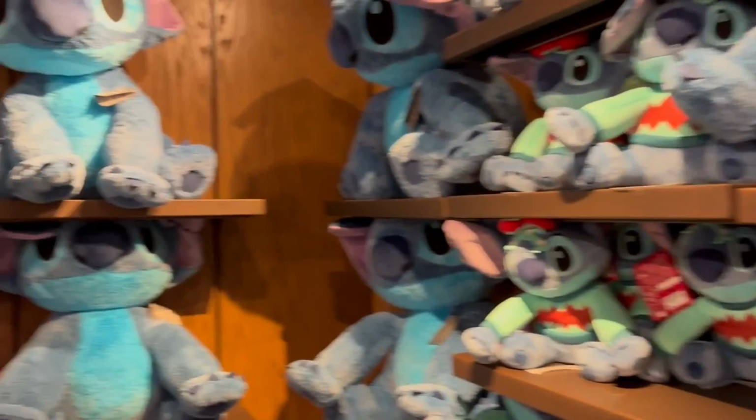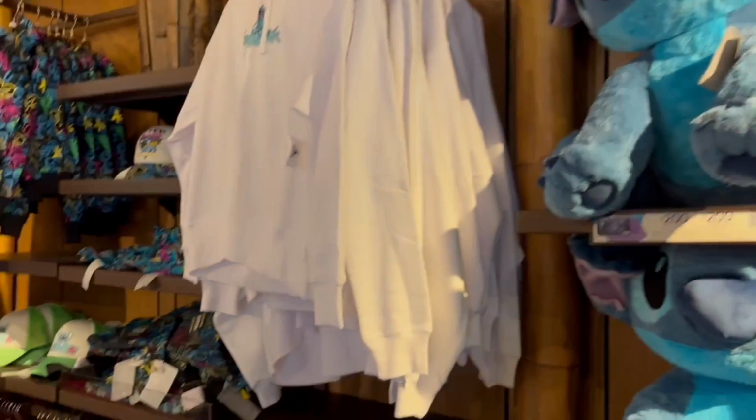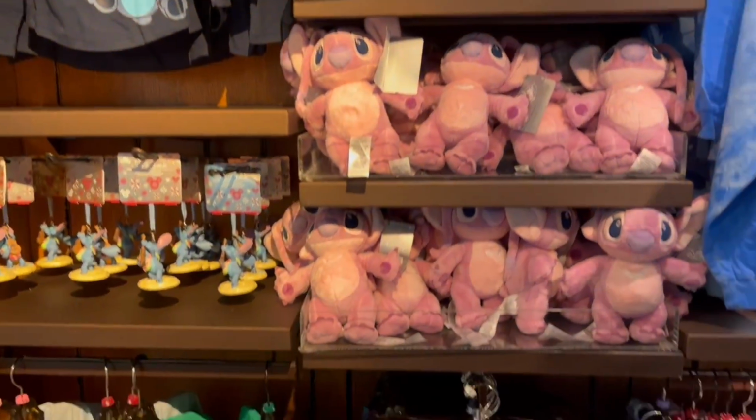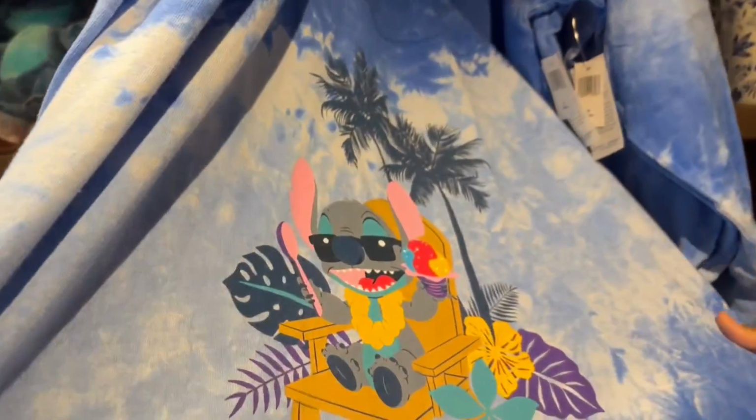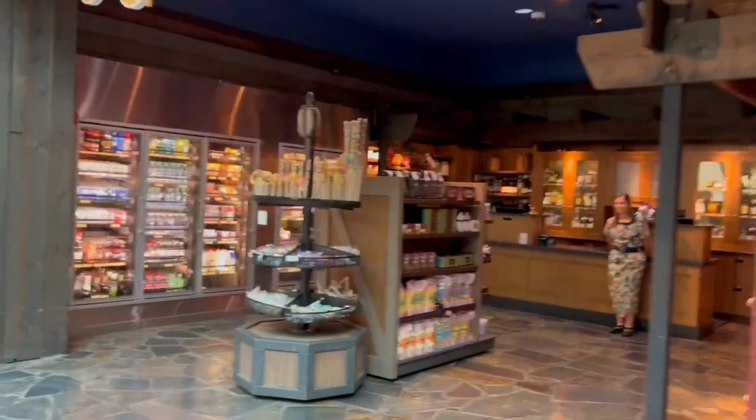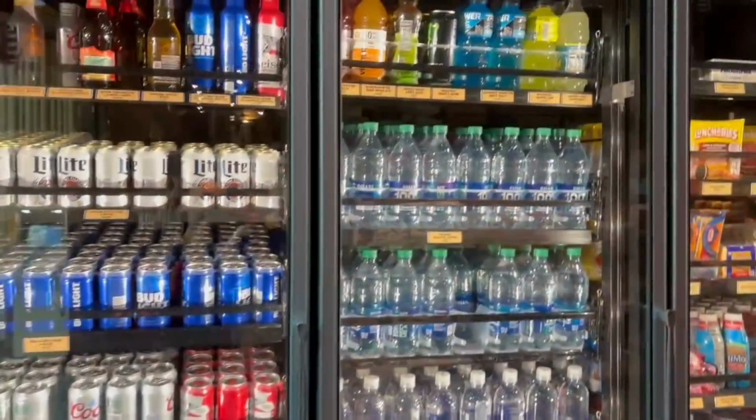So if you were visiting the Polynesian and you're like, oh man, I want to grab a last minute item to show that I was at the Polynesian, this is going to be your last gift shop on your way out. Right next to this main clothing toy gift shop is going to be Moana Mercantile 2,